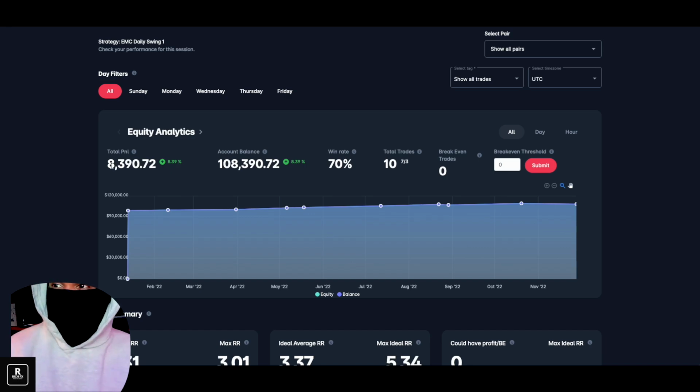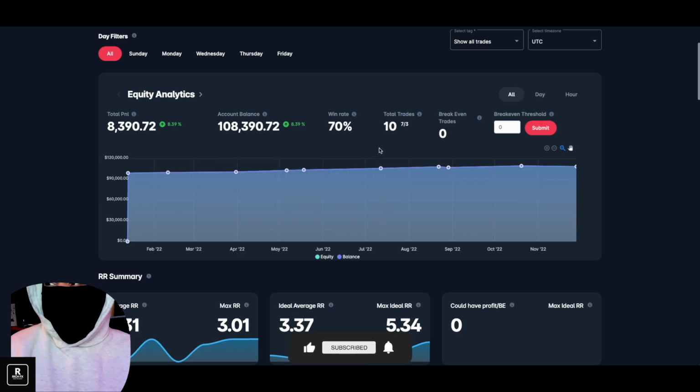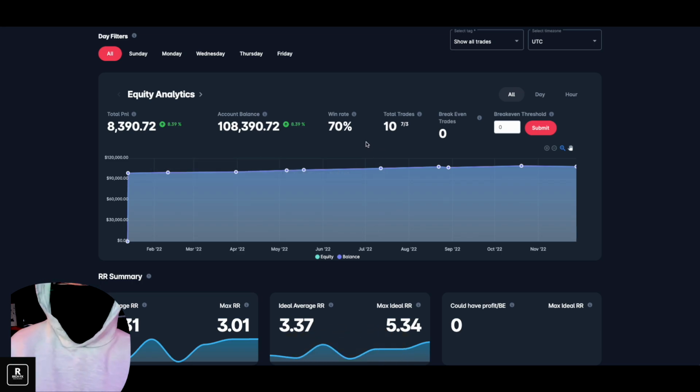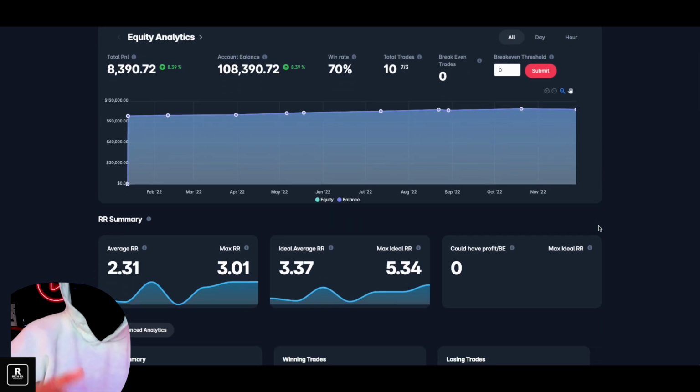So there's different ways, but as you can see, our total P&L, we are up 8,300, basically $8,400, right? Our percentage return is literally 8.39%, and you got a 70% minimum win rate. Again, it can go up to about 95%. It just depends. We won more trades than we did lose, and that includes breaking even and taking partials,